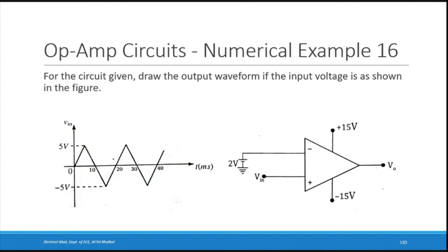See, there are no feedback resistances. You have given inputs to both the inverting and non-inverting input terminals. Vin is given at the non-inverting input terminal, and to the inverting input terminal we have connected 2 volts. So what circuit is it? This plus 15 volts and minus 15 volts are the power supply, plus VCC and minus VEE, that is 15 and minus 15. What is it? Have you come across this circuit or is it something new?